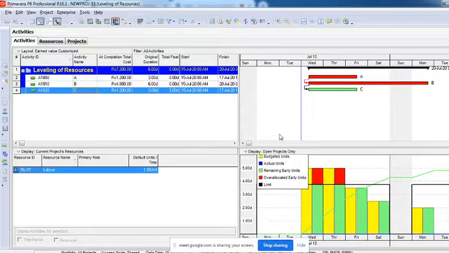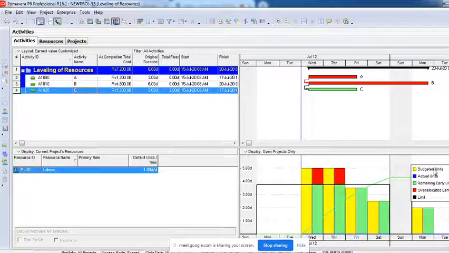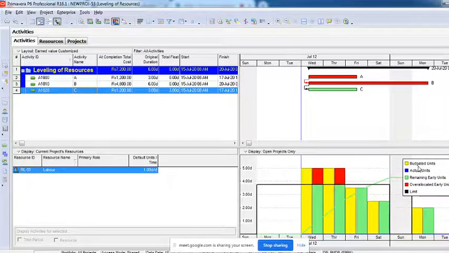You can see here budgeted units, actual units, remaining early units, over allocated units, and limits. Black is the limit. This line is also known as the S curve, which I'll explain later.